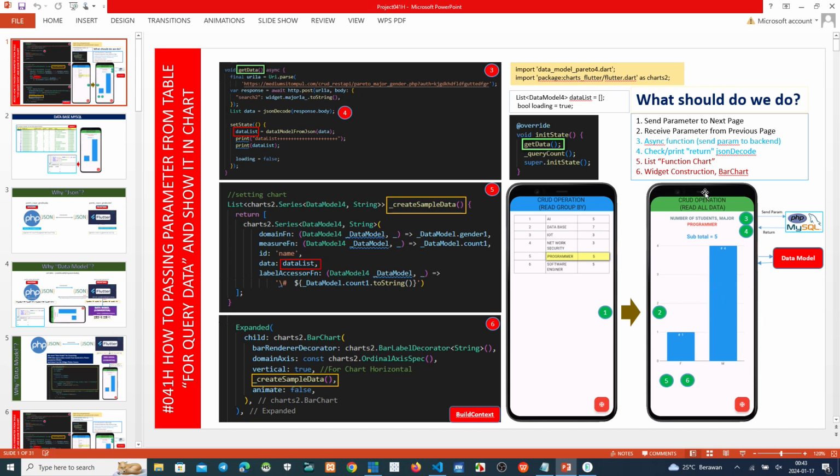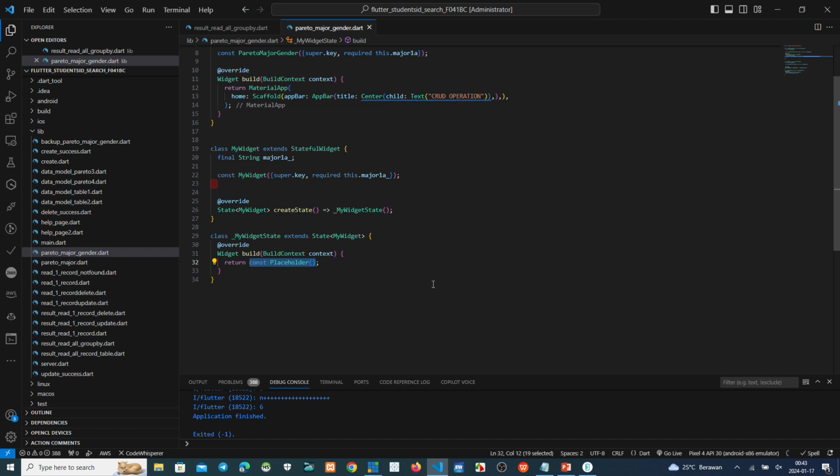we can scroll, yeah, then we make a list view. So we make this one list view. Oh, sorry.